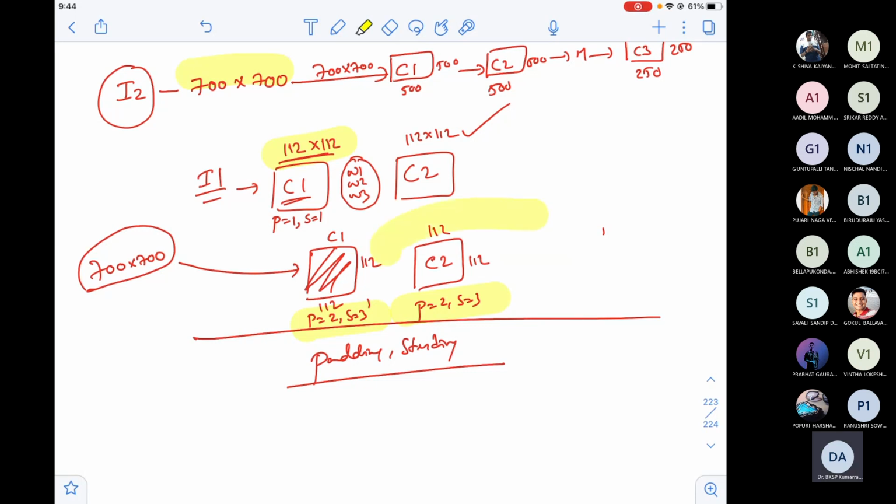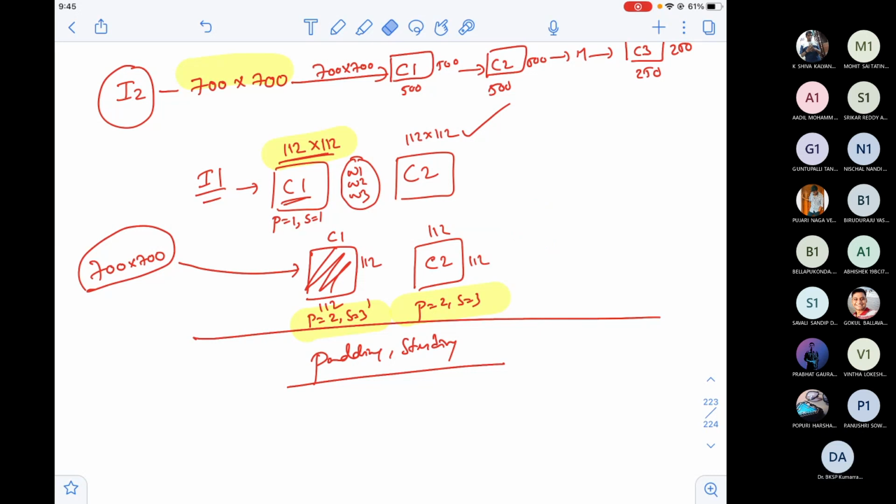So here also W1, W2, W3 will be there. Here also the same number of weights, W1, W2, W3 will be there. Then I'll be reusing the weights, updating my weights, and by the end of the epoch they will be very, very stable. Then I think that makes sense. Perfect. Reusing the same weights irrespective of the number of images. That's a beautiful concept. But will it be applicable even for the fully connected layers? Let us see that.